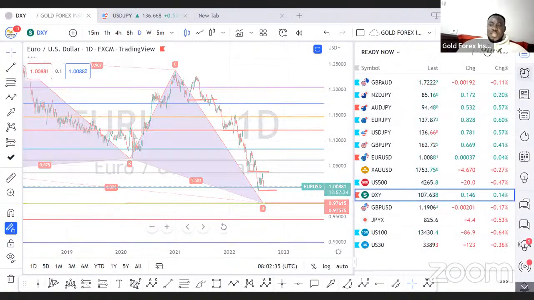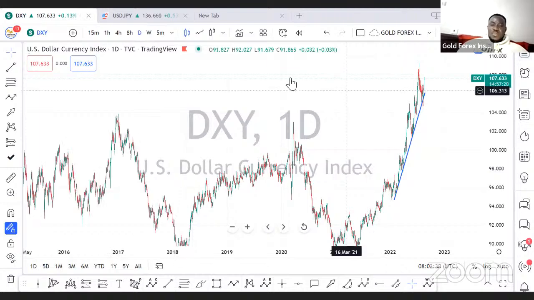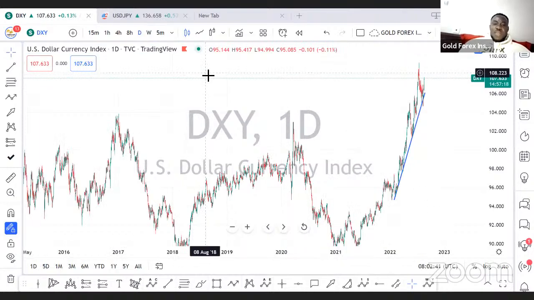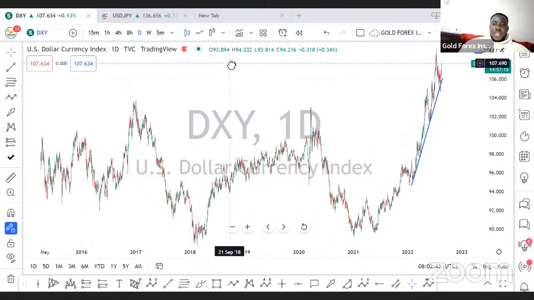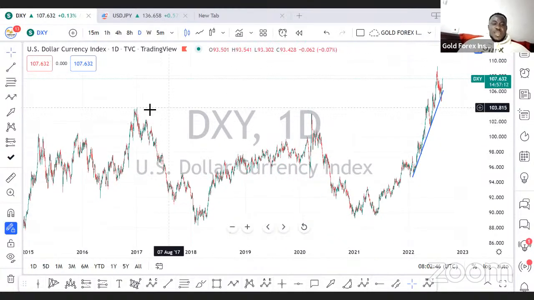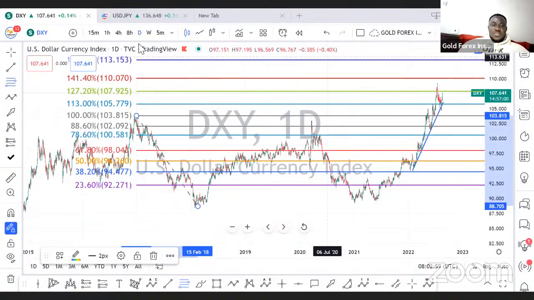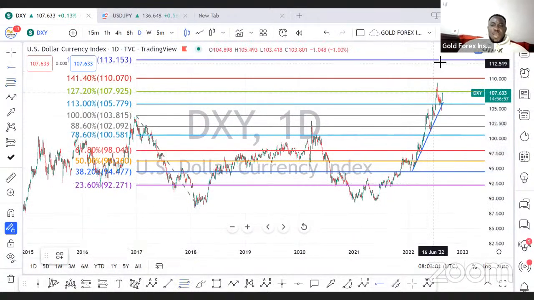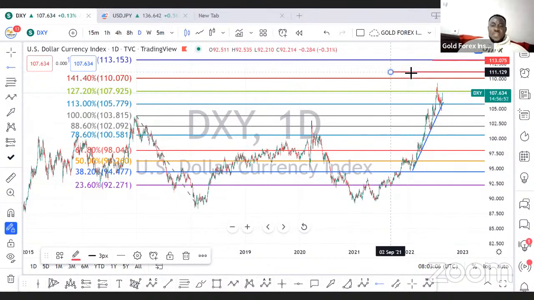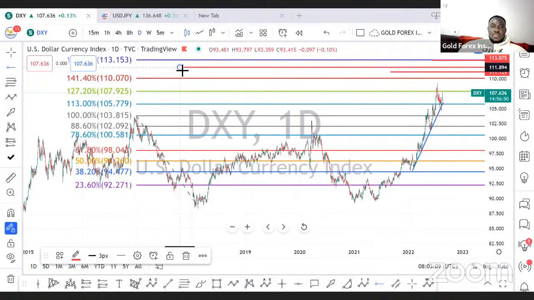Now the DXY has still not completed. It's going to end at 1.618. So until then, we are buying the dollar for a very long time. Okay, so the DXY, which is the dollar index. Let's look at the dollar index. Now, the dollar index, this 88. So basically, it's going to 1.618. That means we are going to buy the dollar till the dollar gets to this point, which will give us a deep crab pattern.